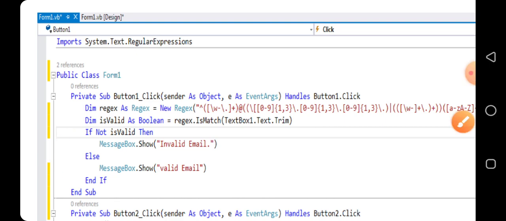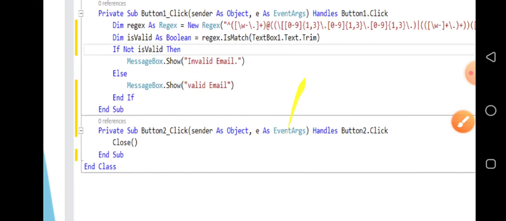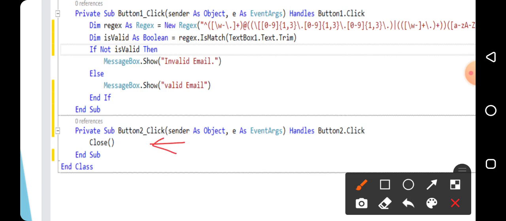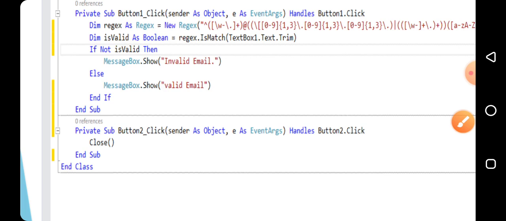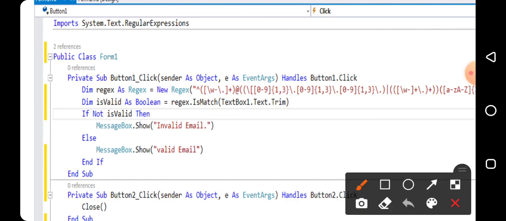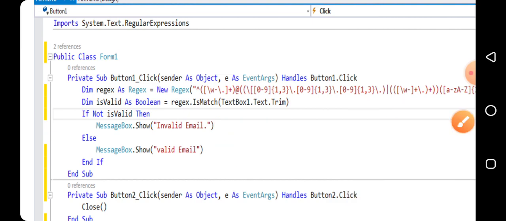So in this way we are checking the regular expression. On the click of the exit button we write Close, so it will close the form. Students, I know it is very complicated to understand, but the only thing is that we are using one method for defining the regular expression, and we are checking it so that we can check whether the email is valid or not.